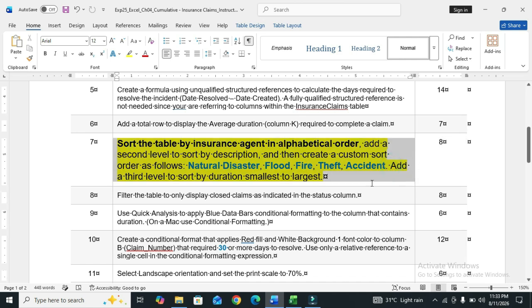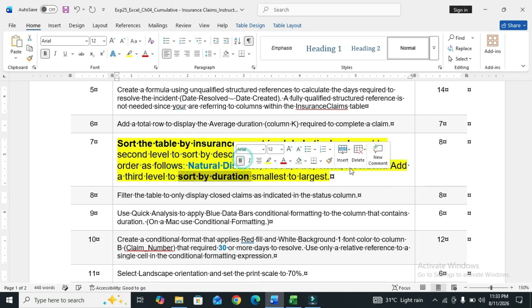Next level of the step is add a third level to sort by duration, smallest to largest. Sort by duration.